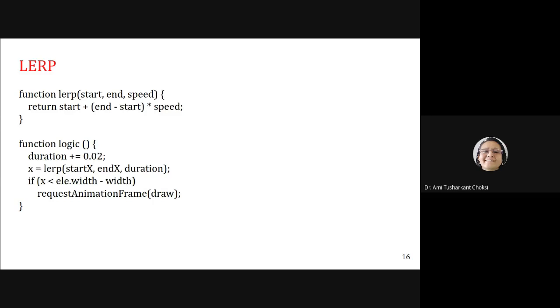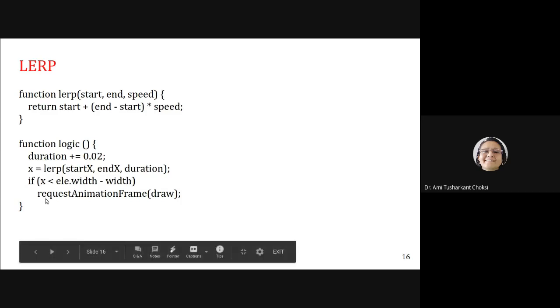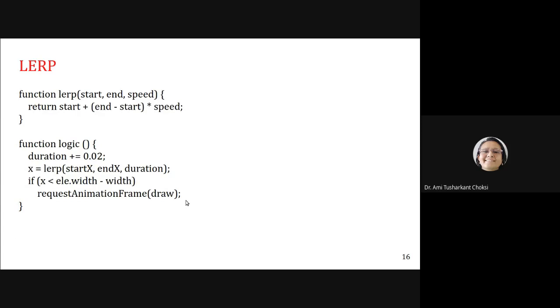Duration plus equal to 0.02, x equal to lerp, the function we are calling, with startX, endX, duration. If x is less than ele.width minus width, requestAnimationFrame(draw). What we want is linear interpolation.